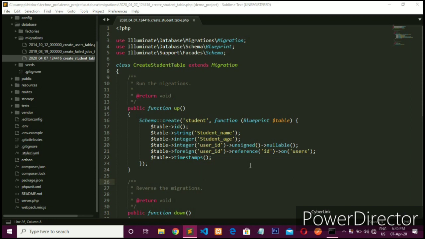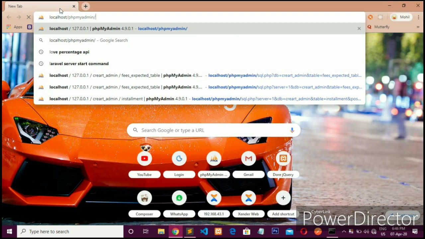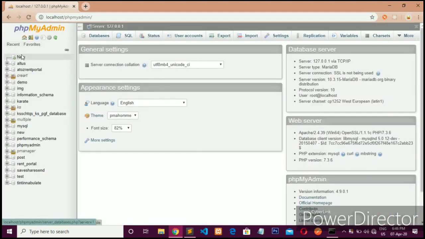Okay, now if you want to generate a table from your migration file, for that you only need to fire one command, but before that you have to make some changes. So open phpMyAdmin and create your database.